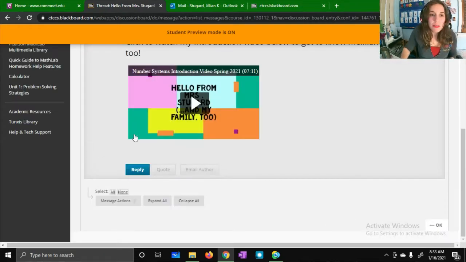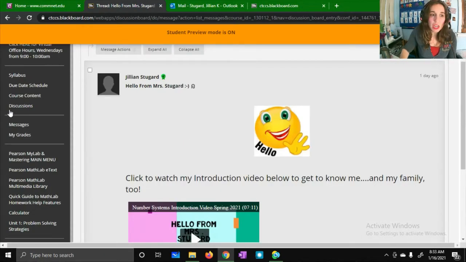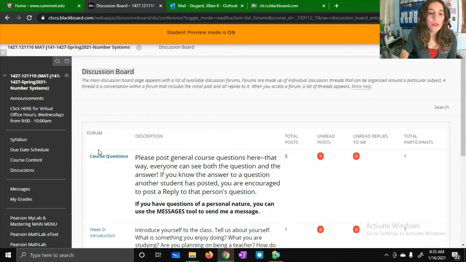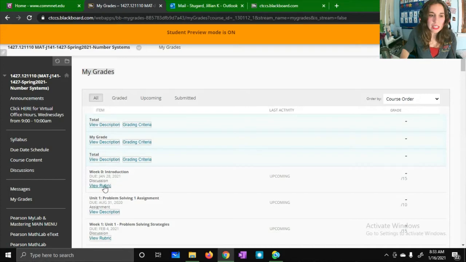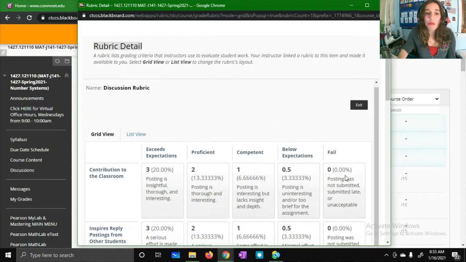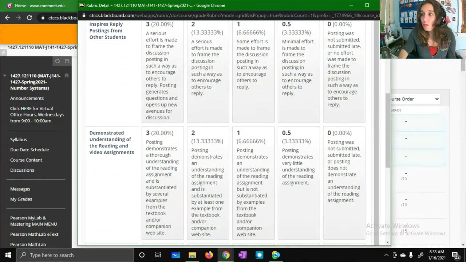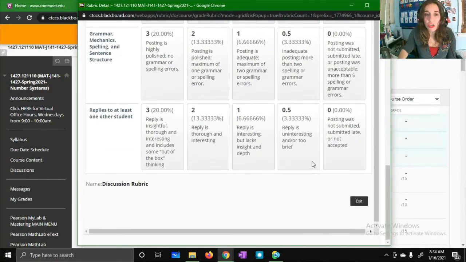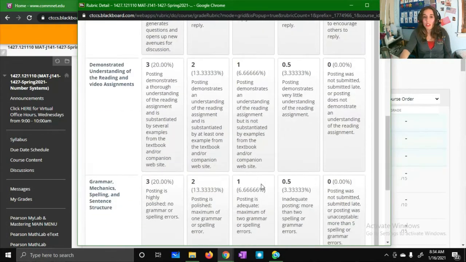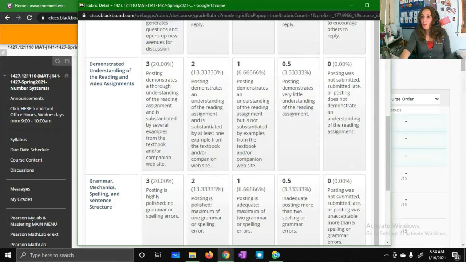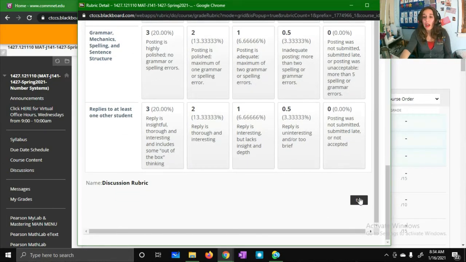Now I highly recommend taking a look at the grading rubric for discussions. So the way you can do that is you go into my grades, find any discussion assignment. See, it says discussion right here. Click view rubric and read through what you need to do, okay? This is what is expected of your discussion assignment. Your assignment discussions are expected to be at least 500 words and meet all of these criteria. So I would take a look at what's expected of you so that you know how to get a good